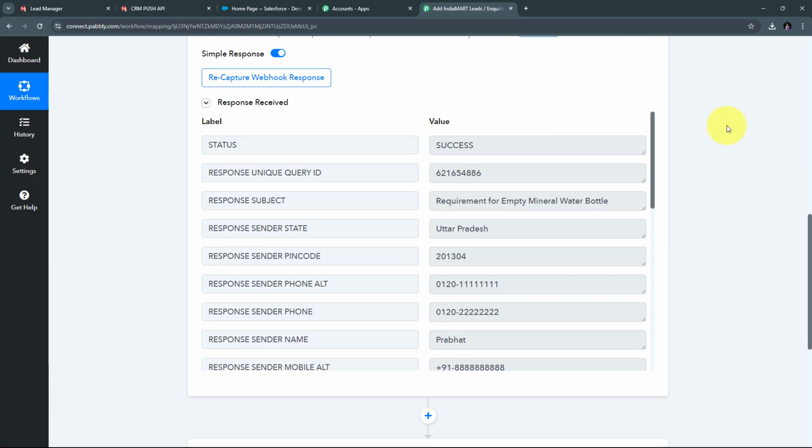And here in Pabbly Connect, we can see I have received this response. In this response, I have received the status of success, the unique query ID, and the subject, that is requirement for empty mineral water bottle. This is the product for which I have generated this inquiry, and this is a test product. This is not a listed product on my IndiaMART account. I have just generated the test inquiry so that I can show you how to set up this automation between IndiaMART